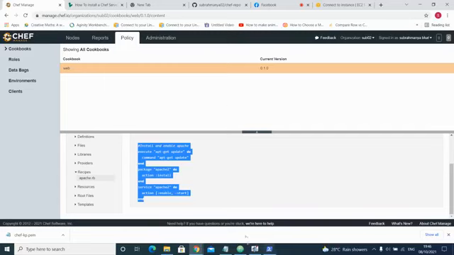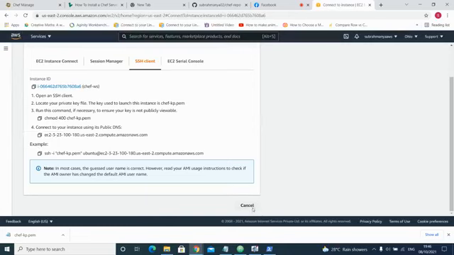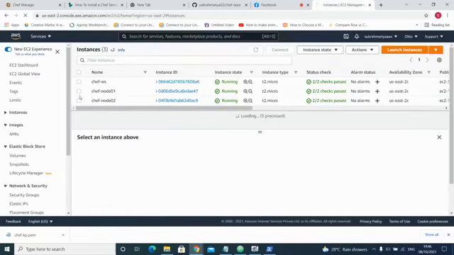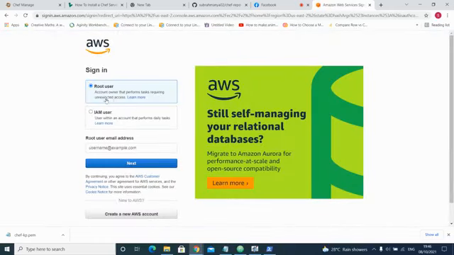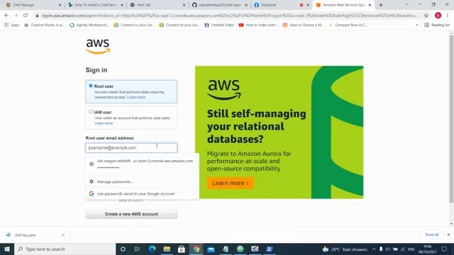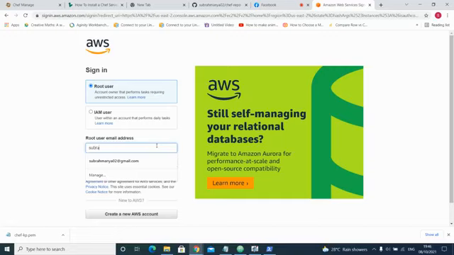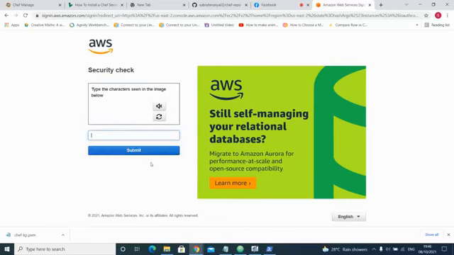Yeah, so before proceeding further, as of now, if you see here, these two chef nodes don't have Apache web server. If I select that, okay, one minute. Let me log in.